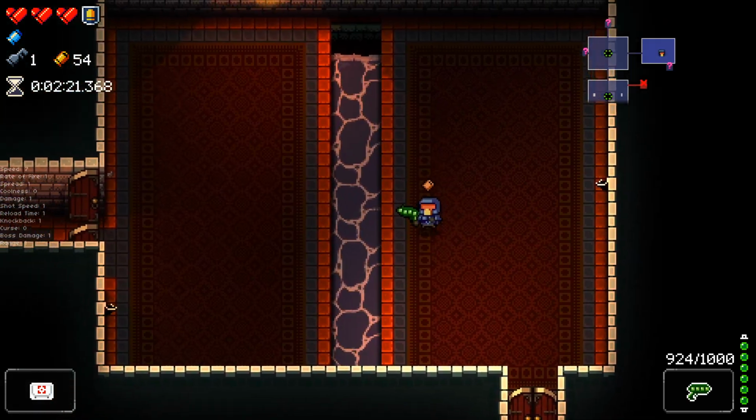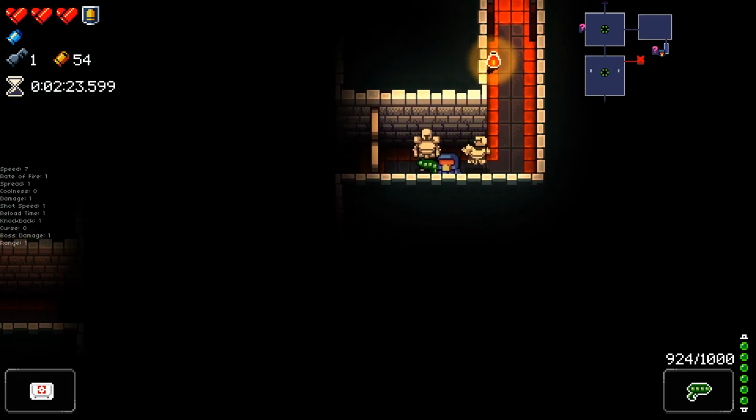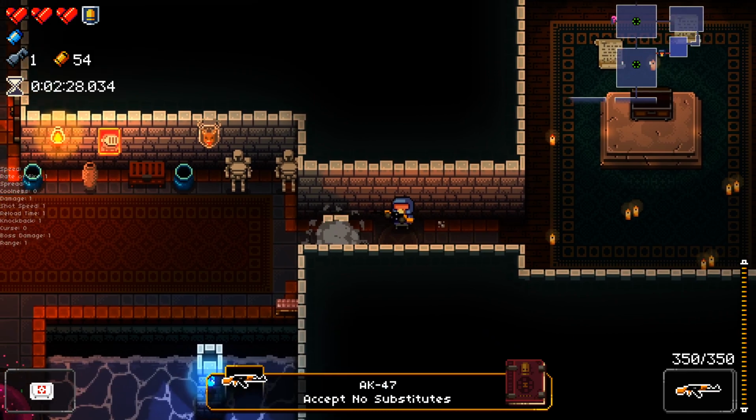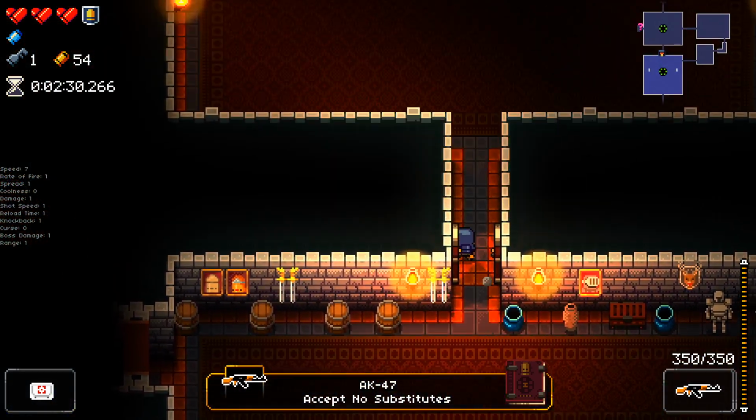It's kind of interesting. Gotta go through here, grab the AK. You really don't need the AK, but no, go on. I don't. I'm gonna get the P cannon anyways, so...